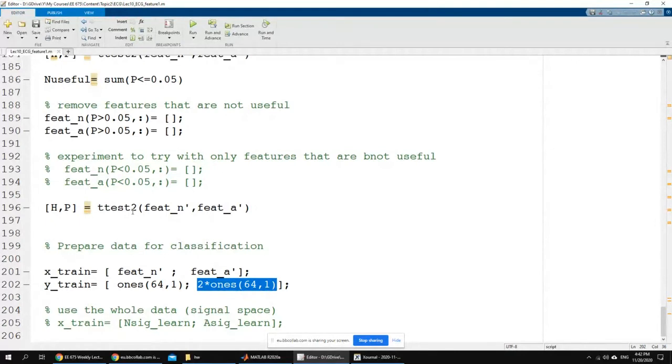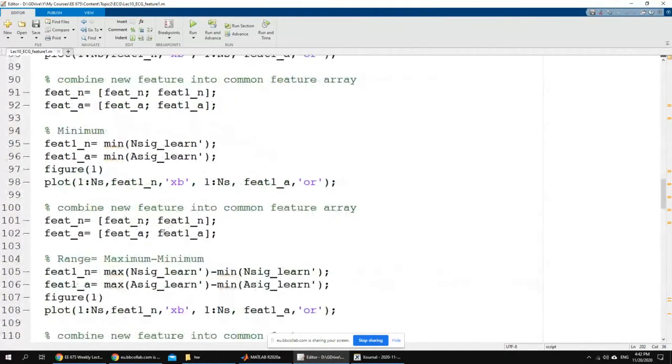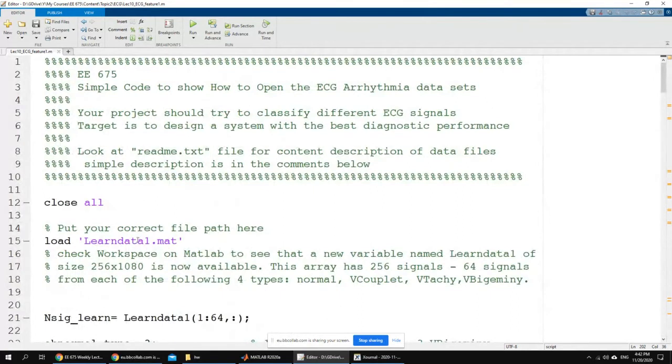The point is, we had another data set that has exactly the same name here. Instead of learn data 1, we had test data 1, okay? The test data 1, as we said at the beginning of this part of this course, has 32 samples for each one of the different types of ECG signals. It was designated as test data because we wanted to completely separate the learning data from the testing data. I don't want to use the testing data for anything but testing, okay? But we have to realize that